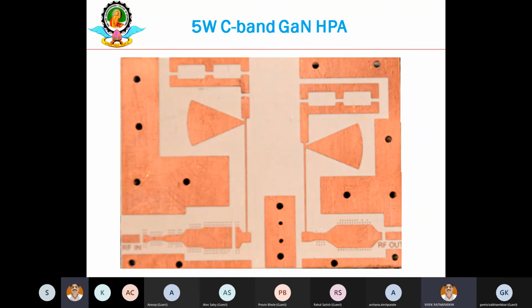If you have any questions, please feel free to ask, because I have completed one power amplifier example. If you are interested, I can go to another two examples. I have created a 5 watt for Ku band, and also I have designed a 200 watt power amplifier for Ku band. So there are a lot of things which I can discuss with you, but this is not an entire power amplifier training program. That is something I just wanted to let you know about power amplifiers. So I have taken this 1 hour. If you have any questions or comments on this, we'll take it. Otherwise, we'll break for 5 minutes and we can go for maybe the next power amplifiers, or we can directly go to our microstrip patch antenna session.